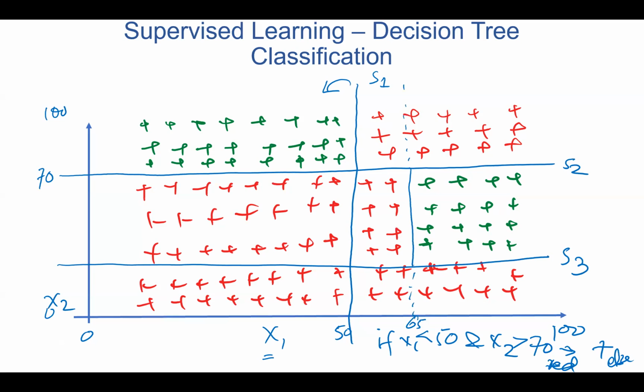If x1 is greater than 65, and x2 is greater than, let's say, 25 and less than 70, then the class is always green. So we continuously do the splits in the data. Right now, this is only 2-dimensional. Okay, so a decision tree continuously splits the data into appropriate classes, and that's based on the concept called